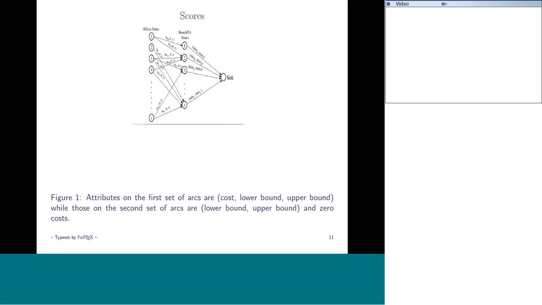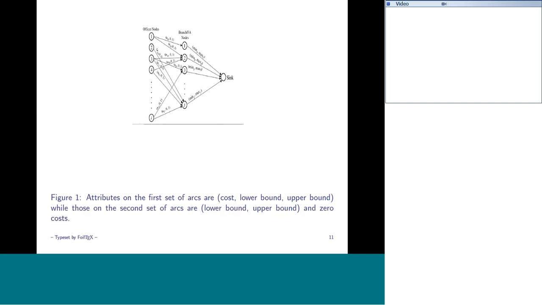All right, and so we constructed a network model. You see here a small network. The nodes on the left-hand side represent officers. In this example we have I officers whom we wish to assign to either a branch or a functional area. There would be an arrow between an officer node and a branch or functional area node if that officer could serve in that branch or functional area. We assumed that each officer could always serve in his basic branch, but he could also choose up to 3 functional areas in which to serve.